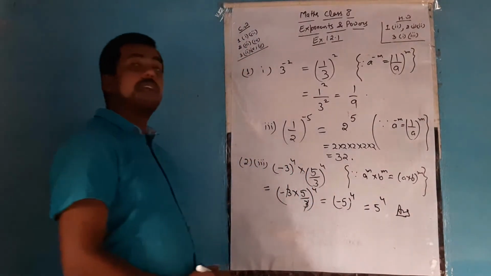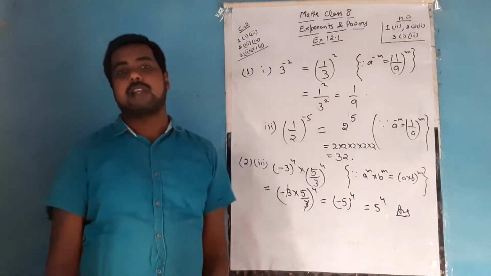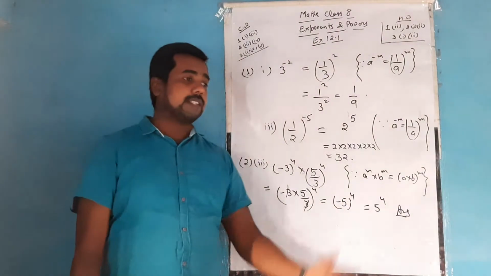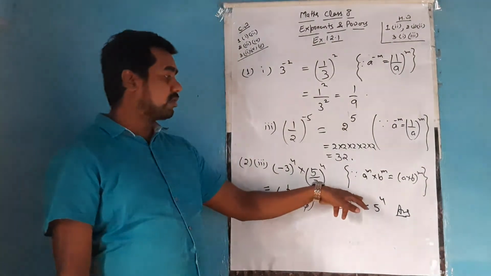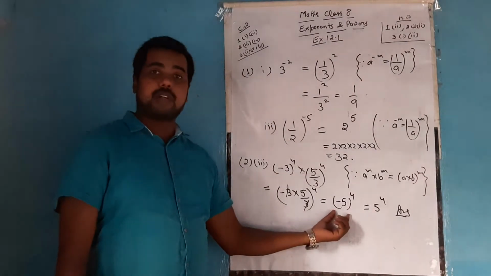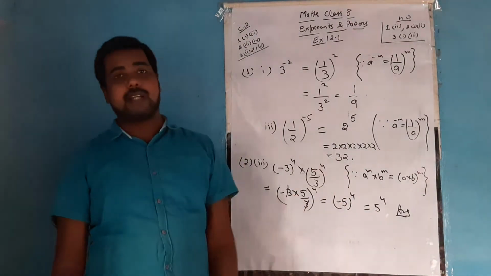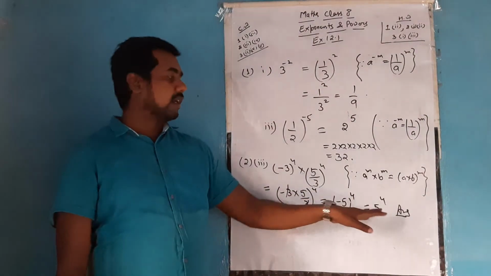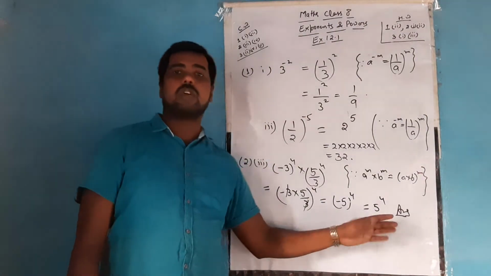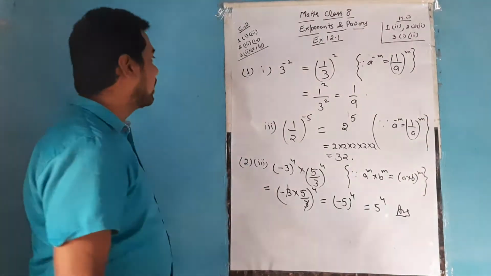As the answer is asked to leave in the form of positive exponent, we are not going to simplify this. This will become your final answer. Although if you want to leave the answer here, you can leave it here also, as it was asked that the power should be positive. It will be better if you write it in this form. If the answer comes in negative, like if it would have the odd power, then I would have left the answer here only. But as the answer of this is equal to the answer of this also, we can leave the answer as 5 to the power 4. Clear? So this is the third part.